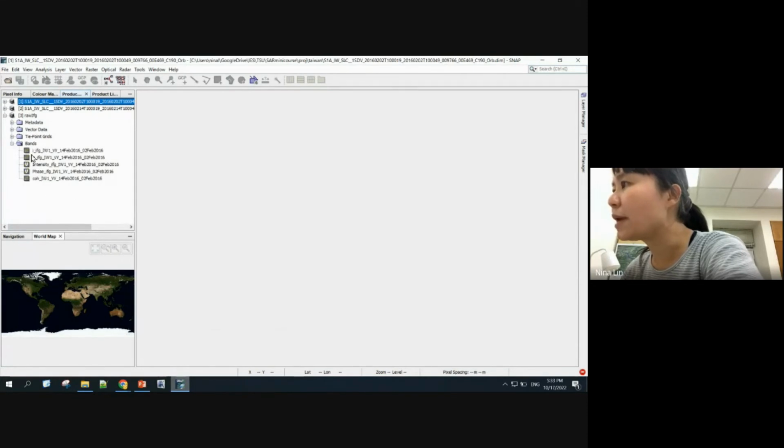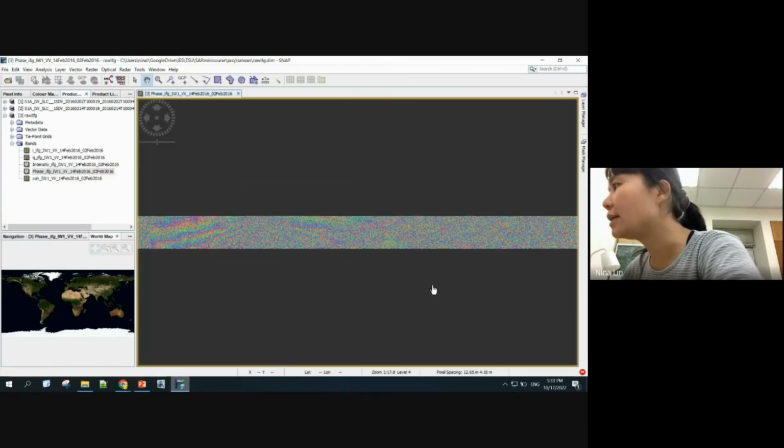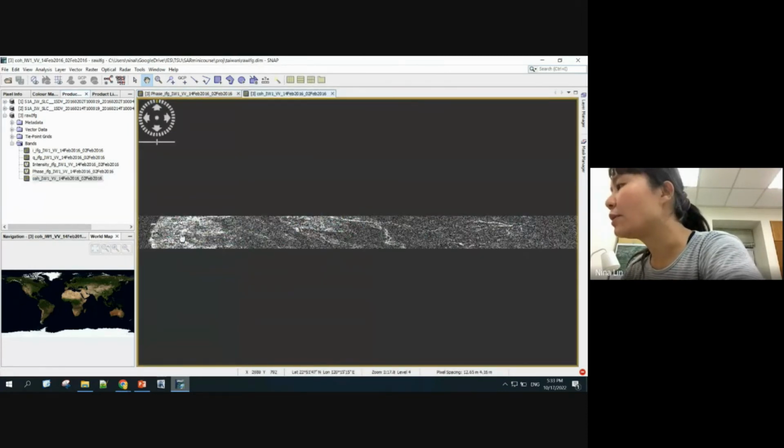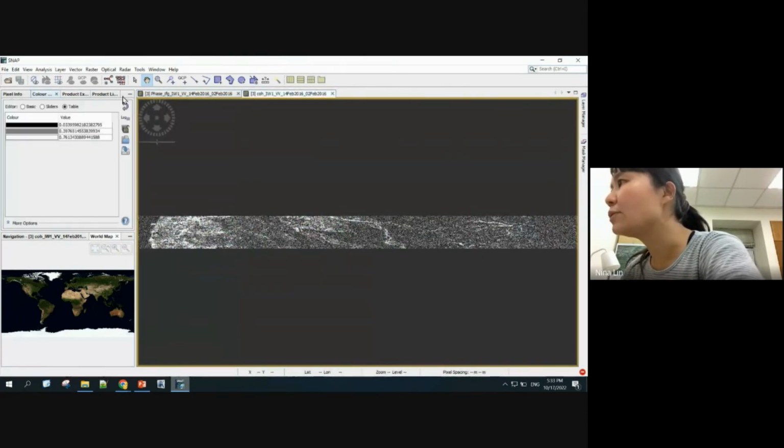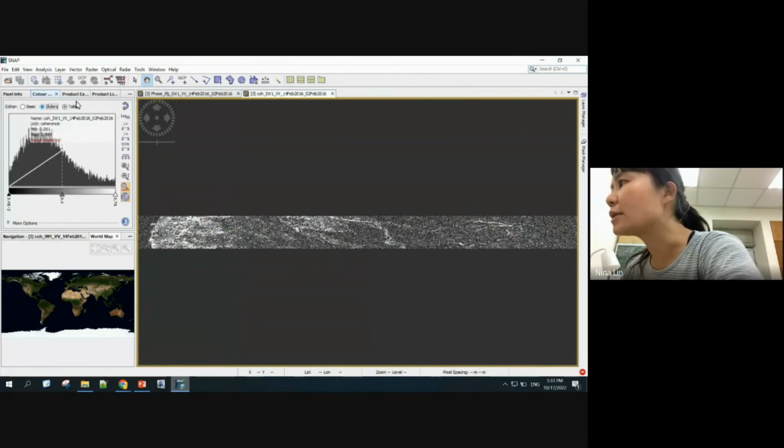Now you see it passed over the real band, the imaginary band, and the two virtual bands. You see, it's actually virtual files. And this is the phase. Let's see. Okay, so it looks like that. It's pretty noisy, not beautiful. And there's another band called coherence. So coherence, you can see the values are, let's see,